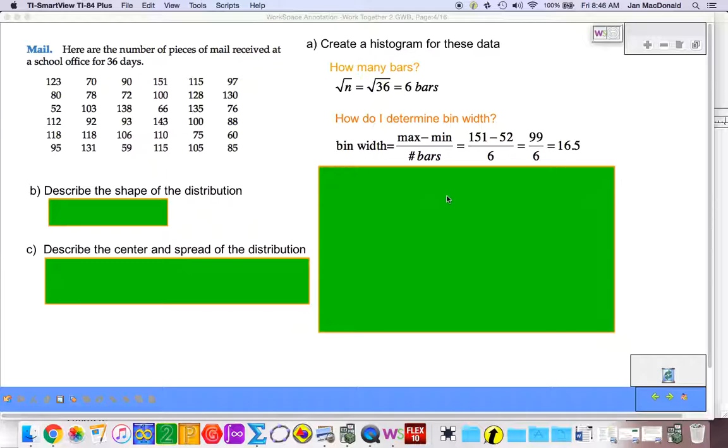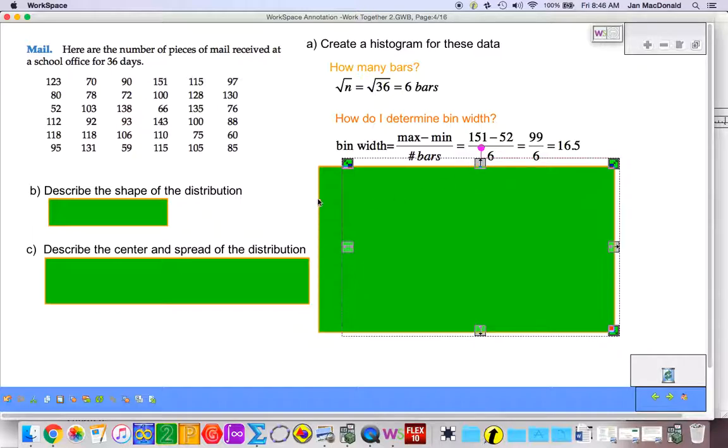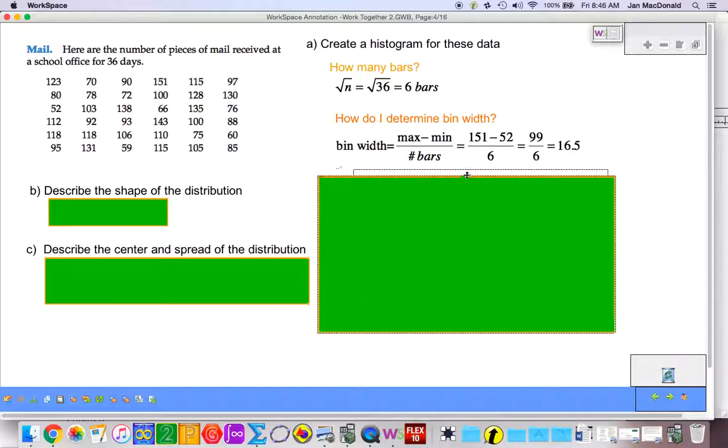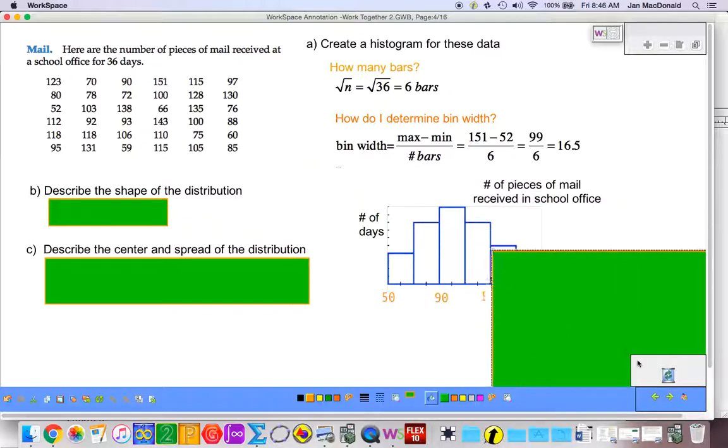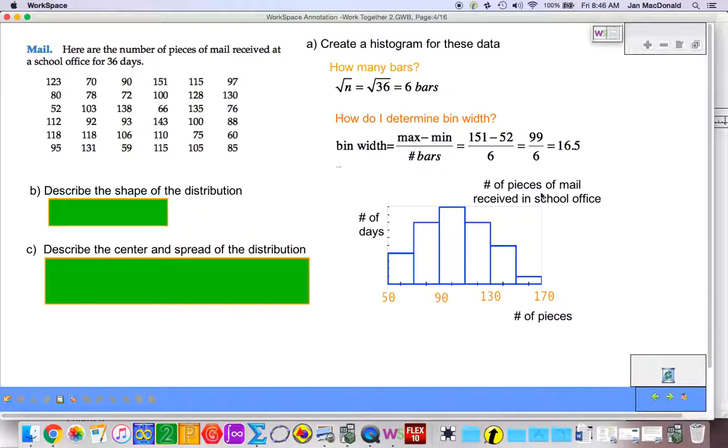to be labeled. Okay, so I just took a screenshot of my calculator. Better? Good. So here's my title, number of pieces of mail received in the school office. The x-axis is number of pieces of mail. I should have put of mail. The y-axis is number of days. You can clearly see there were 1, 2, 3, 4 days that we received between 50 but less than 70